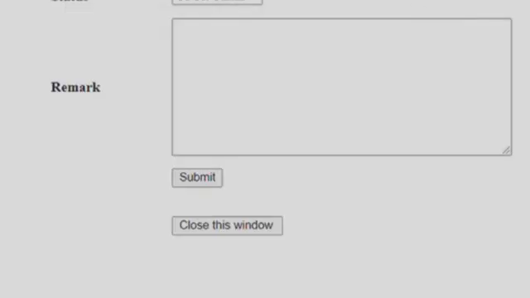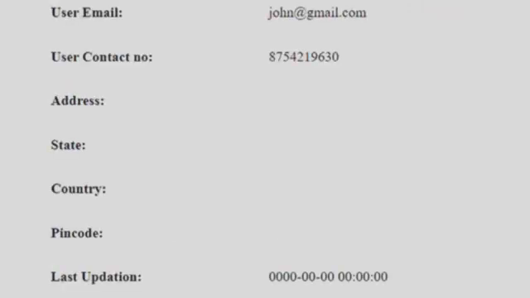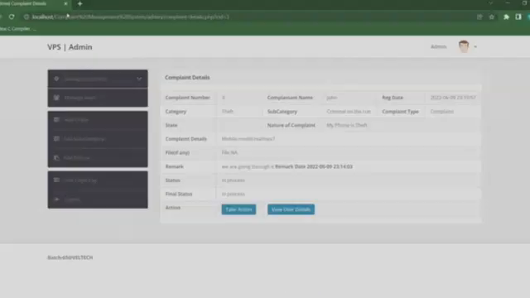It will show complaint details updated successfully, and okay. And now we can close the tab. Now again, by clicking upon view user details, we can see the user information here. So now as we updated the field, we can refresh the page.